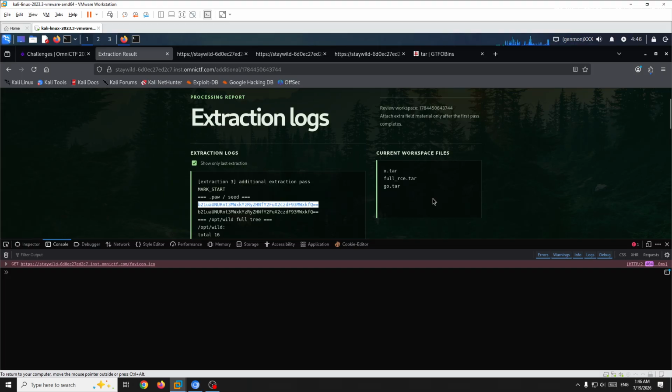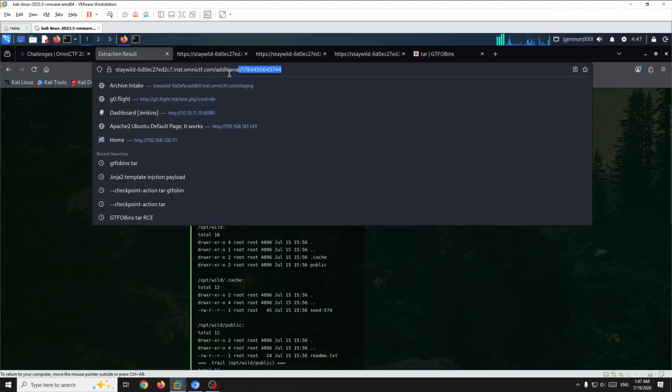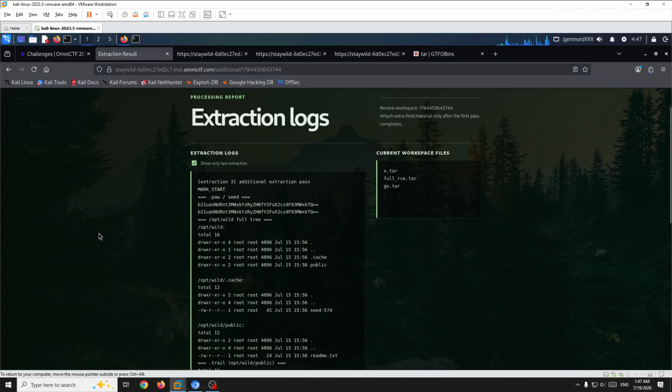So let's backtrack a little bit. I feel like I went through it too fast. So the exploit chain really was: at first, I guess through fuzzing, we found this staging area, right? And through this staging area, we saw we can change our session into admin. From admin we can upload stuff, and